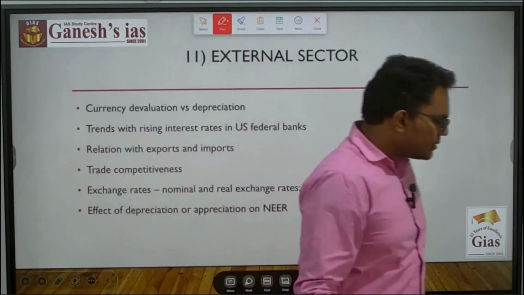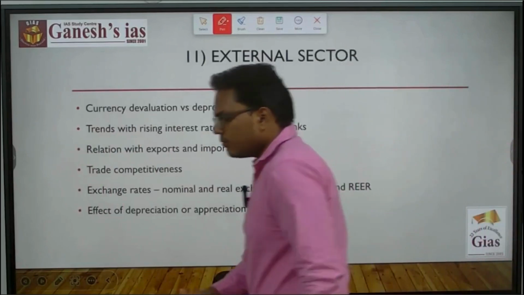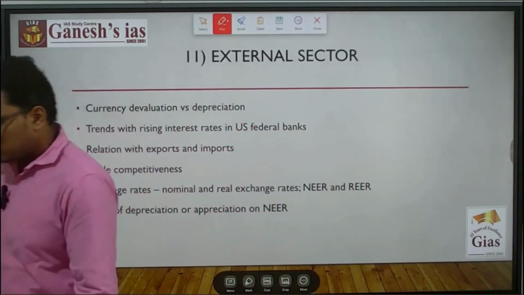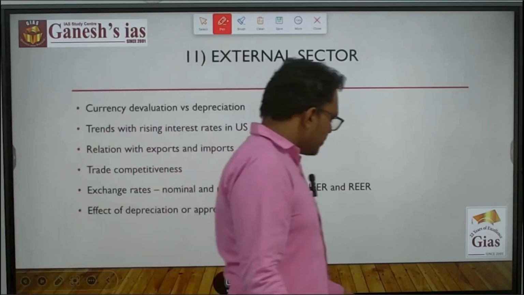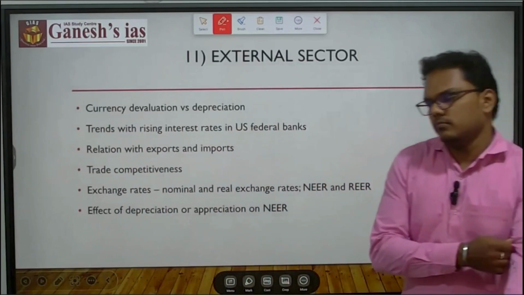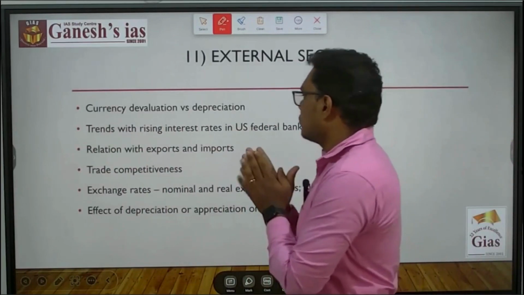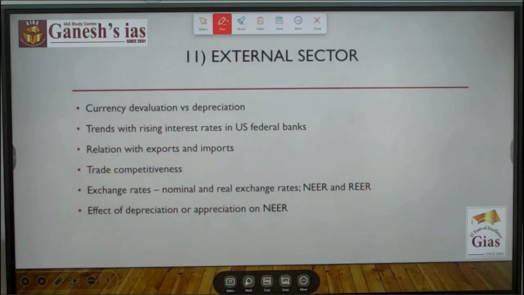Okay. Next is what you need to know about. I think very recently, what UPSC is doing is asking very conceptual questions rather than picking questions directly from current affairs. So I think one year. First, you need to know what is the difference between depreciation and